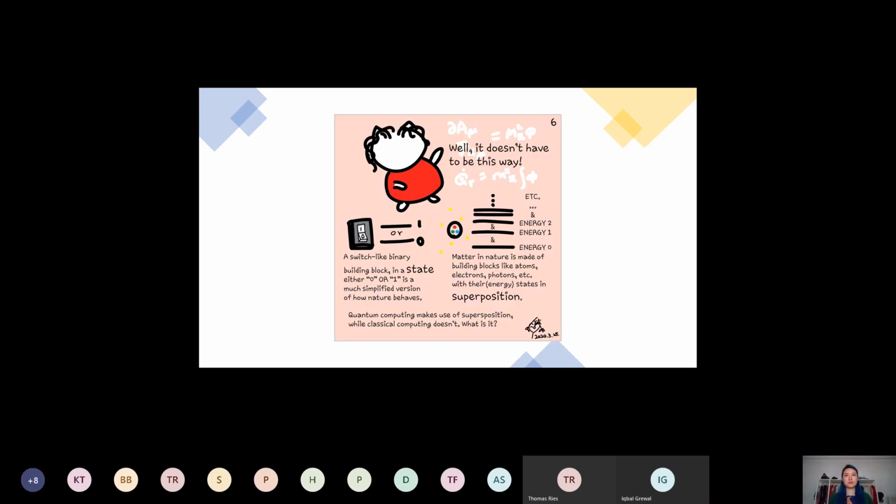Then you have an off. But we don't have to do it that way. That's a convenient way so far for us to do calculation, to capture information. But nature fundamentally does not behave in a binary manner. We know that the fundamental particles, like electrons or photons and atoms, they all behave